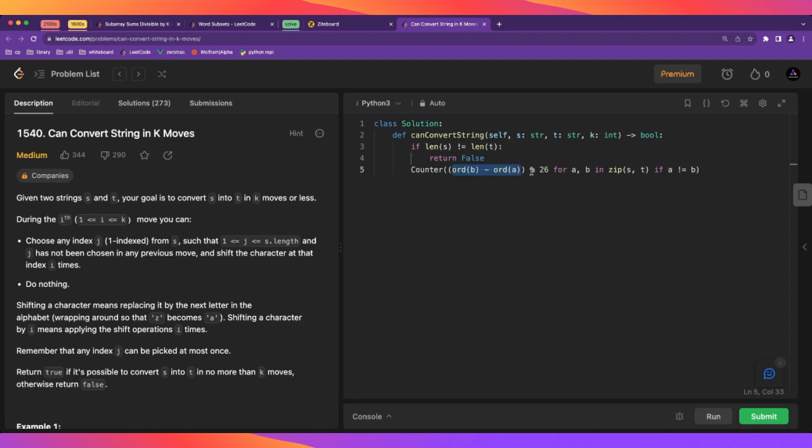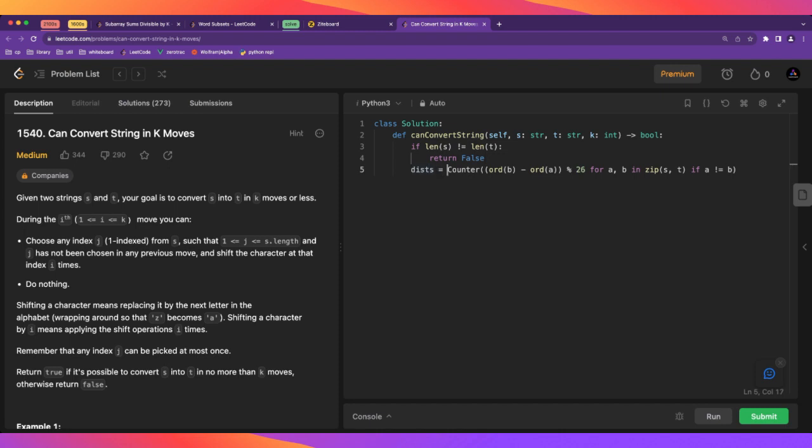Be careful, because in some languages, when you do the modulus operation with negative numbers, it's not exactly the remainder. It doesn't always give you a number between 0 and 25 inclusive in this case, and that means that maybe you'll have to add 26 here just to make sure that this is not negative. But in Python it does work as expected, so that's good. Okay, so these are the